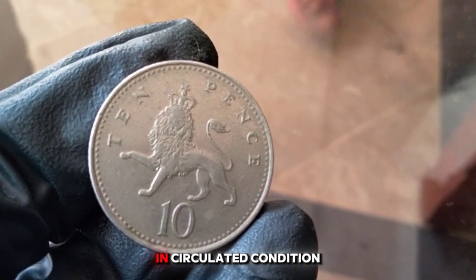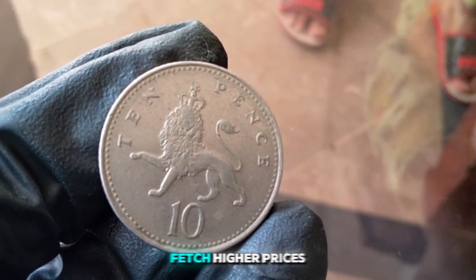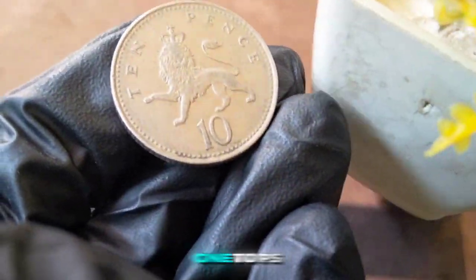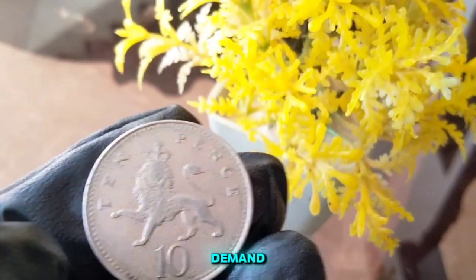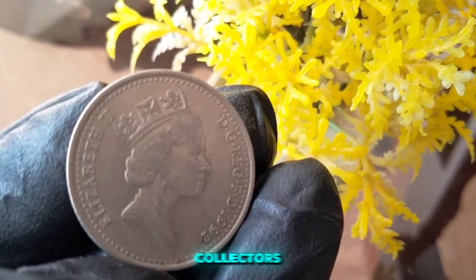In terms of value, the 1992 10 pence coin isn't typically worth more than its face value, especially if it's in circulated condition. However, uncirculated or proof versions of the coin can fetch higher prices. A coin in mint condition, for example, might be valued anywhere from £1 to £5, depending on its condition and market demand. It's also worth noting that proof sets containing this coin are popular among collectors and can be valued